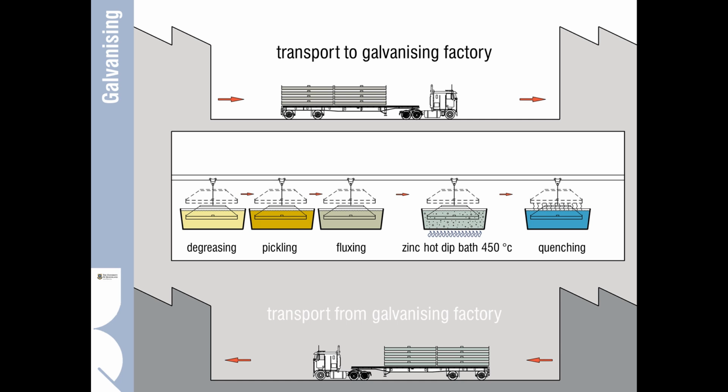finish it. So the typical workflow for galvanizing is that it would leave the factory that fabricated the steel elements, transported by truck to the galvanizing factory. One of the important aspects about hot dip galvanizing is that the size of the galvanizing bath dictates the overall size of steel elements that we can produce. There's no point in making very long span structures that will not be able to be galvanized if that's the intended final finish for them. So it's important to understand the capacity of hot dip galvanizing before you design the geometry and size of your